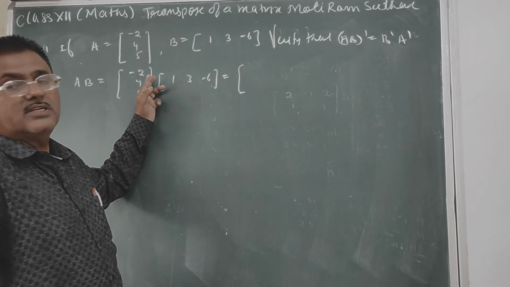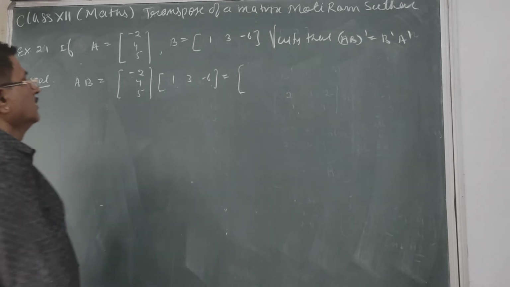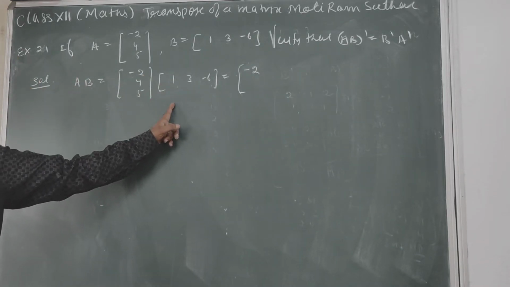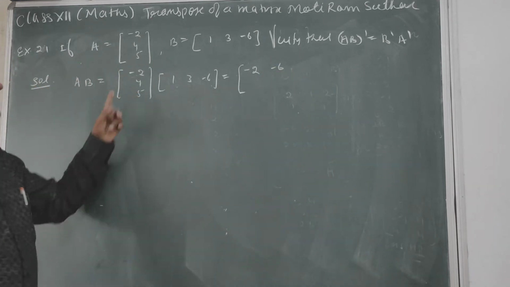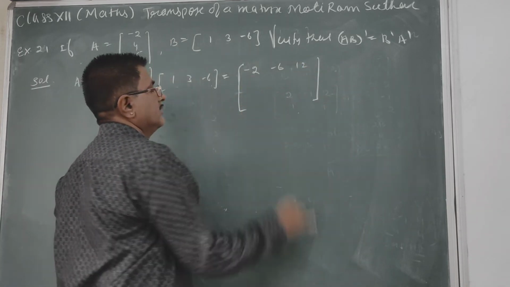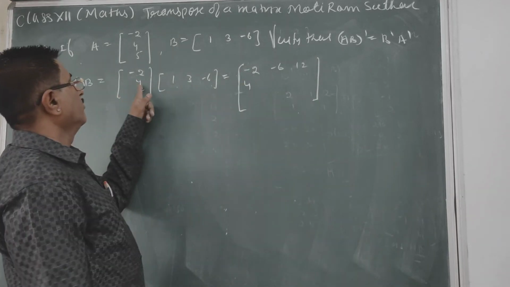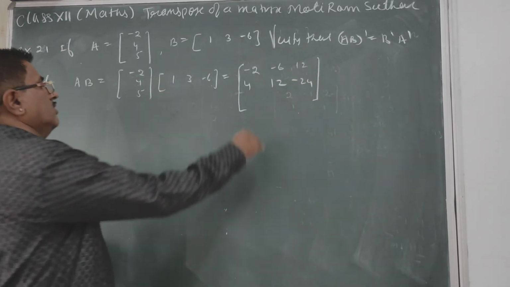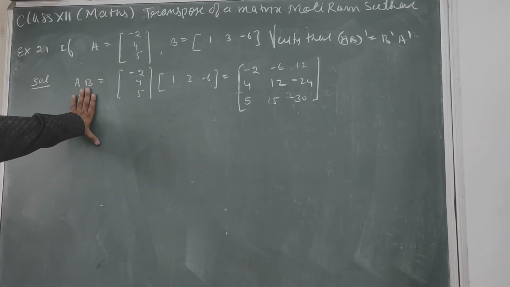तो फर्स्ट रो में सिर्फ एक ही एलिमेंट है और फर्स्ट कॉलम में भी एक ही। फर्स्ट रो मल्टीप्लाई विद द फर्स्ट, सो वी गेट -2 into 1, दैट इज -2। पहली रो को पहली कॉलम से कर दिया, एक ही एलिमेंट है, ठीक है ना? फिर फर्स्ट रो को सेकंड कॉलम से, -2 into 3, -2 into -6 प्लस 12। तो ये आपके पहली रो आई है, ठीक है, -2 6 12। सिमिलरली सेकंड रो फर्स्ट कॉलम 4 into 1 4, 4 into 3 12, 4 into -6 ये सेकंड रो। सिमिलरली थर्ड रो को बनाओगे फर्स्ट कॉलम से 5, सेकंड कॉलम से 15, थर्ड कॉलम से 30। तो ये आपका वैल्यू आ गया AB का। We find the AB.